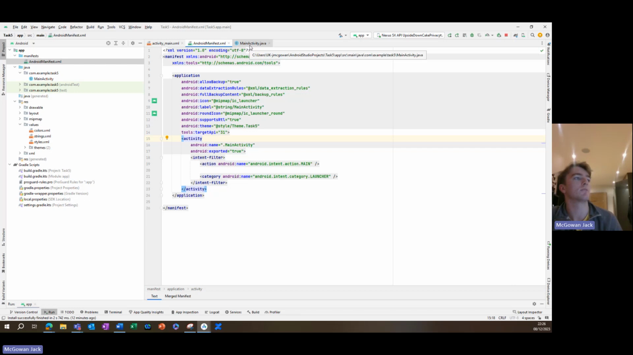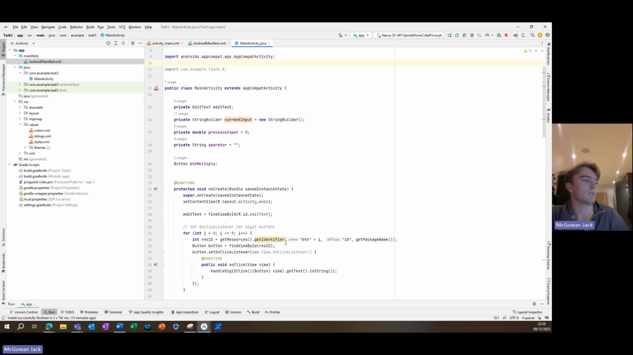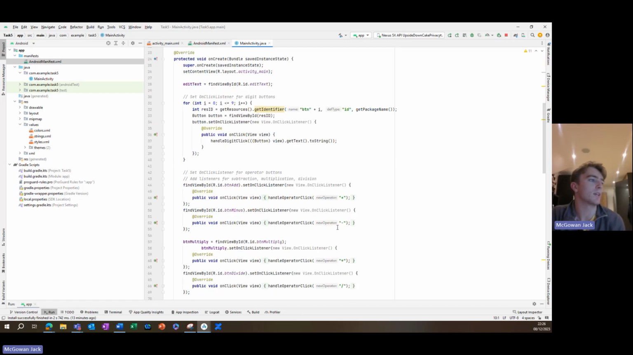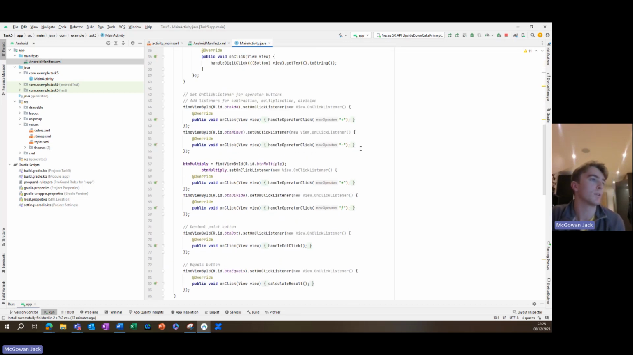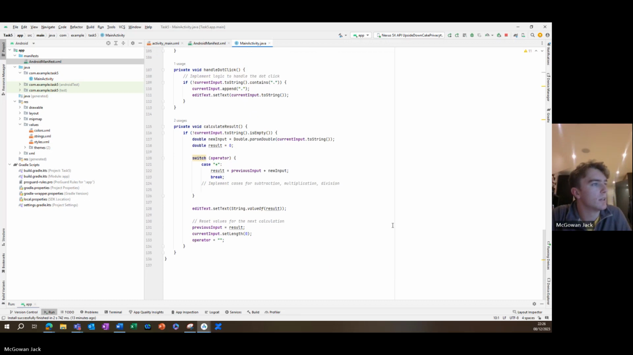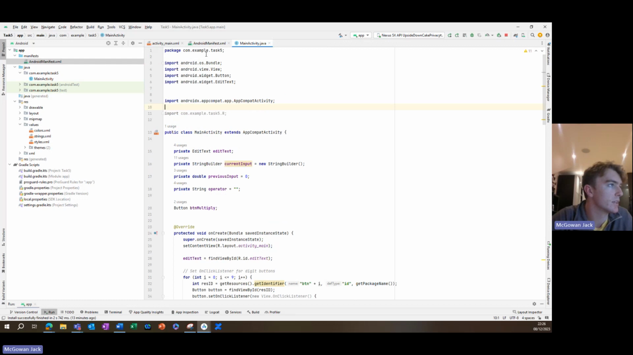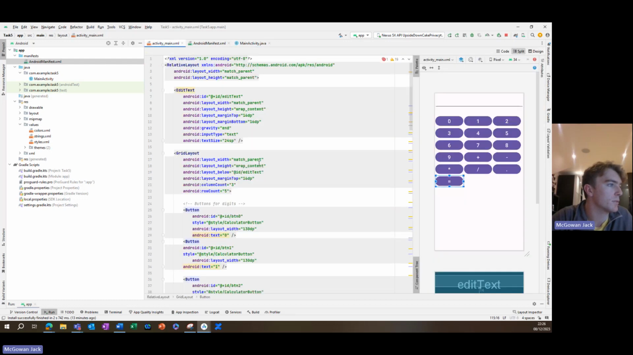I had to work through my manifest because I had a problem with importing my main activity. And the current input, so the get identifier, obviously we had to create all of these for the different operators and stuff. So we got the star for multiply and the slash for divide. This is all of the code, which will obviously be in the thing,